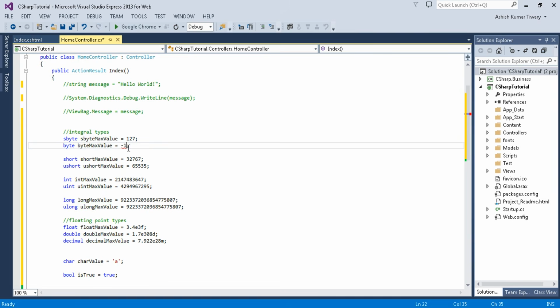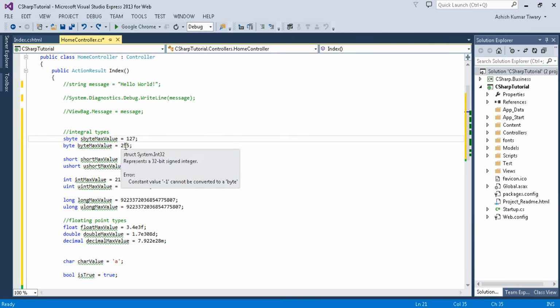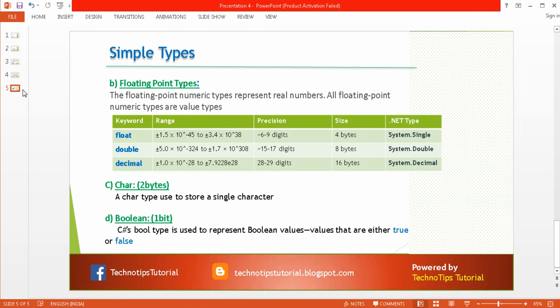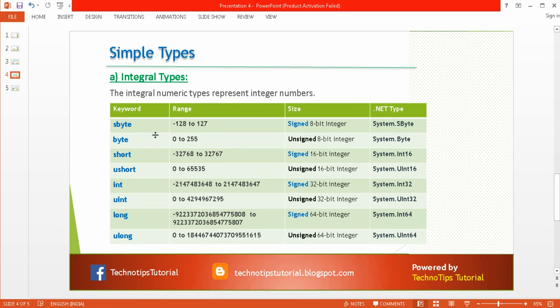If I store it, see, constant value -1 cannot be converted to byte. It is nothing but unsigned byte. Unsigned means it cannot store a negative integer, so the range will be 0 to 255, as I can show you here. This is an unsigned 8-bit integer.